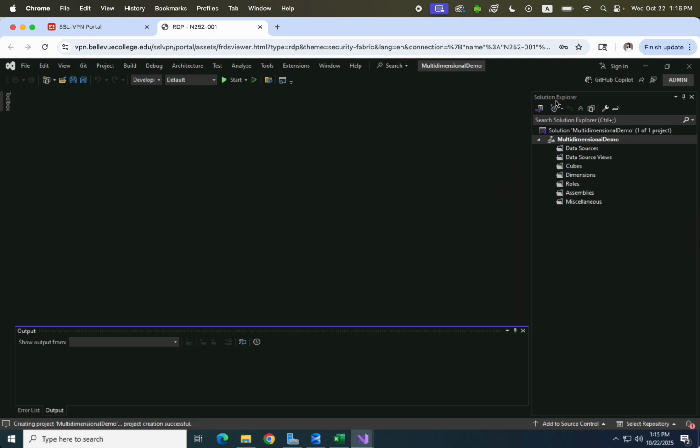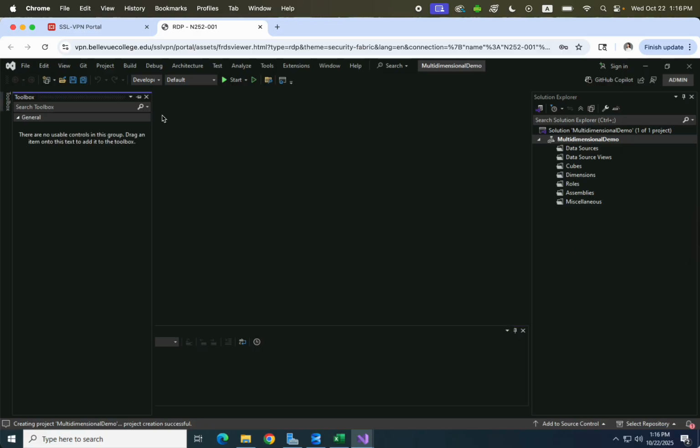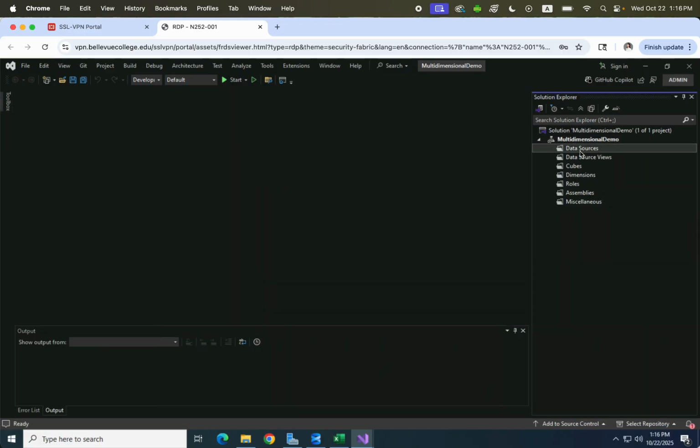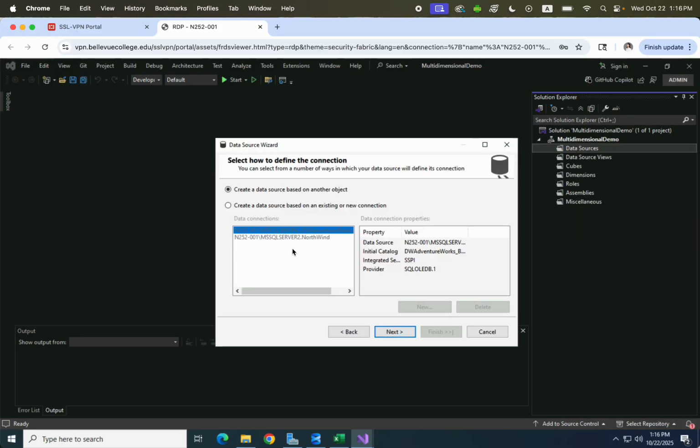You have the Solution Explorer on the right side and the toolbox on the left side. So again, the first step after we created our project is still adding data sources. Create new data source, and we can create a data source based on an existing or new connection. Because I have already created one over here, you can see it. Or if you haven't, you can click new,